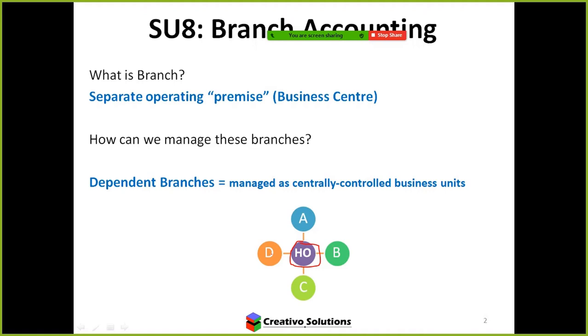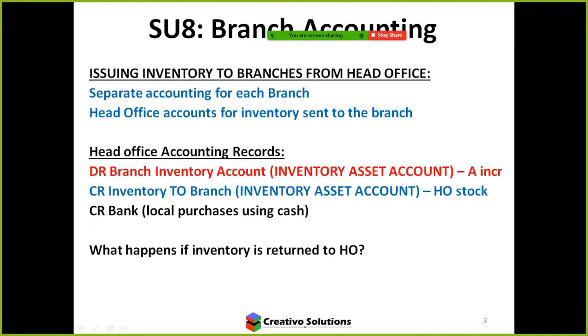Just remember it's centrally controlled. Head office is the key. Head office basically runs and manages those branches. The textbook talks about different accounts, and probably the study guide as well. We'll go through the study guide and see what they've included in this version. When looking at branch accounting specifically, from the textbook, you need to highlight a few vocabulary words that we need to be familiar with. Now that you know how a branch is structured, with head office controlling and managing all these separate business units,